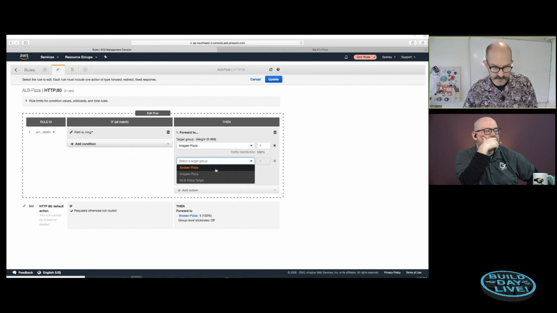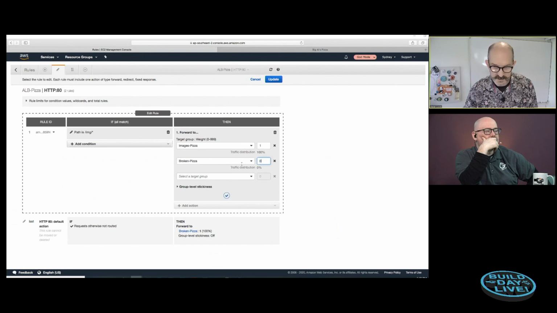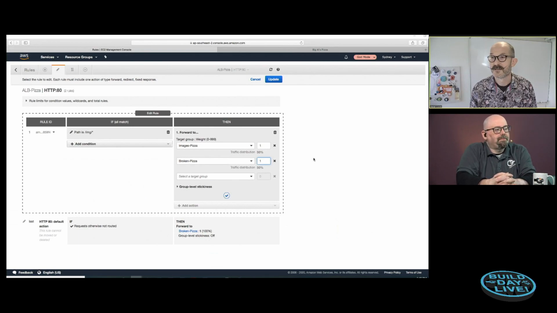let's add another target group. So if we're adding in here to have a, let's look the even. All right, so we can do a weighting between two target groups here, or two target groups as the destination. With this particular configuration, every second refresh of the page is going to have no images, because it's going to go back to that broken for all the images. Okay. But yeah, you can do weighted loading, and you could use this in order to do an A/B or a